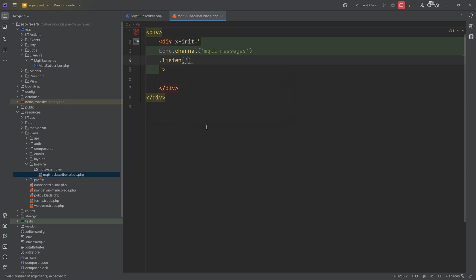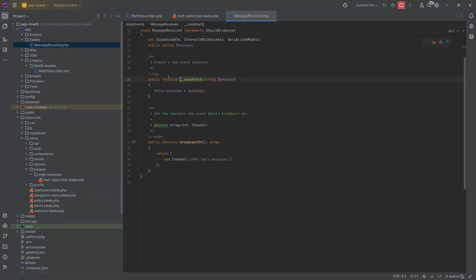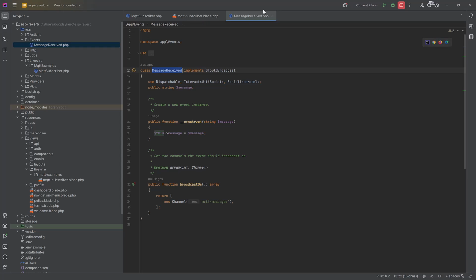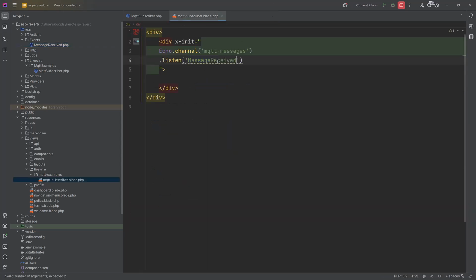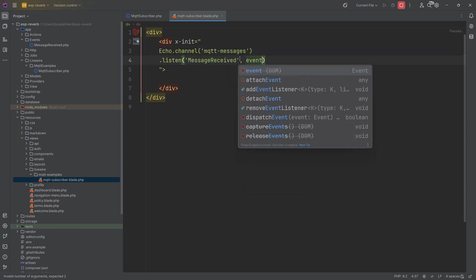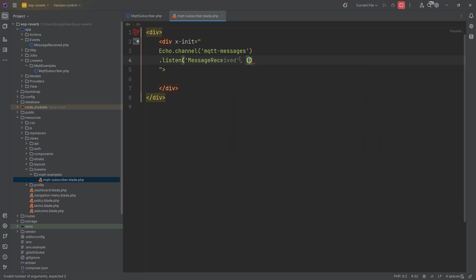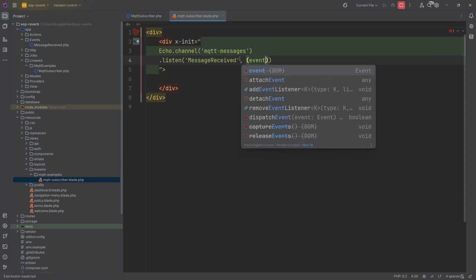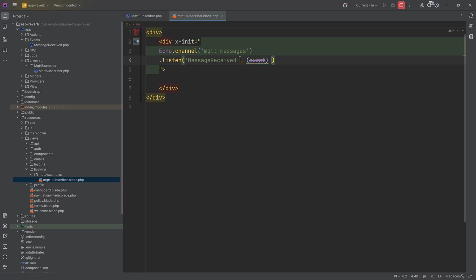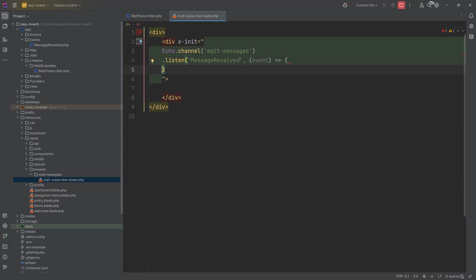I will type here the event, message received, and I need the event, and now we can make a console log here, for example